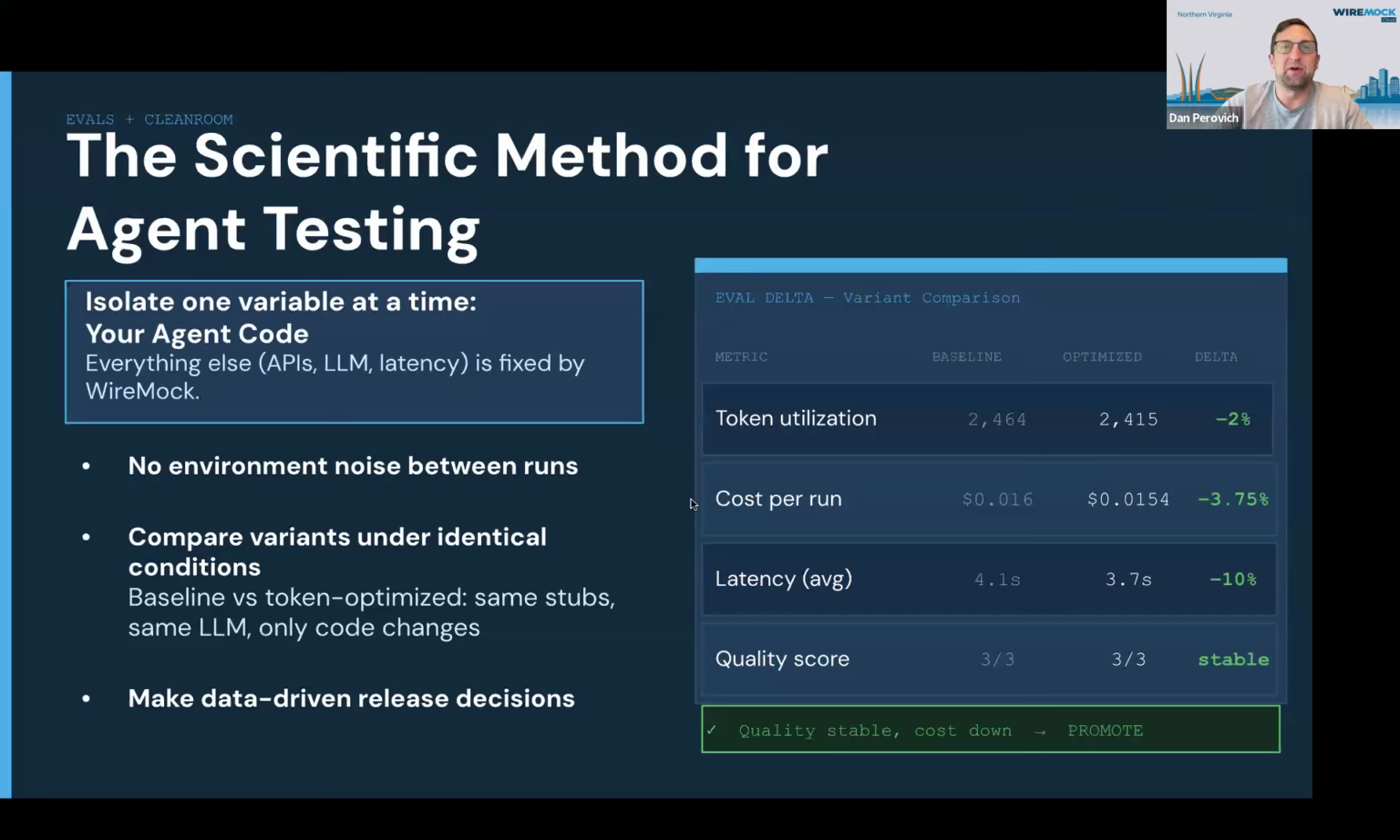And I'll wrap it up on this slide here before we move into questions. Really, the scientific method for agent testing. Isolate one variable at a time, and that should be your agent code. Everything else, the APIs, the LLM, the latency, can all be fixed in WireMock. When we move on to that eval strategy, maybe we don't want to